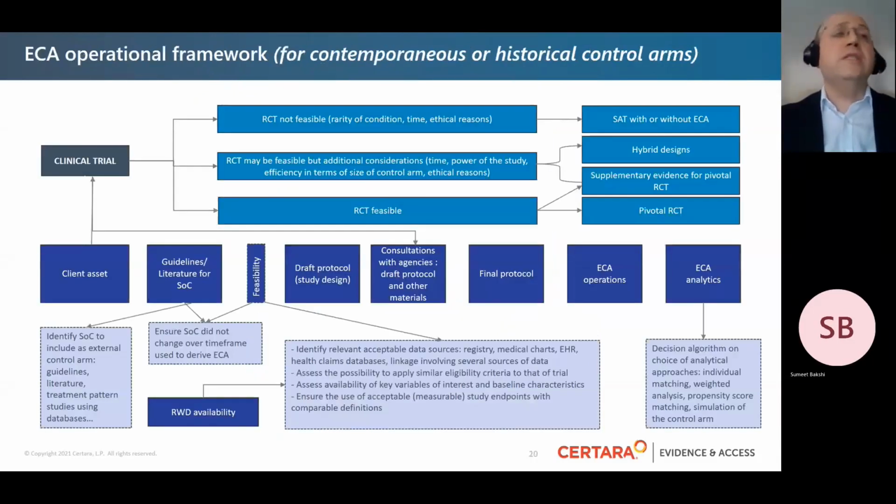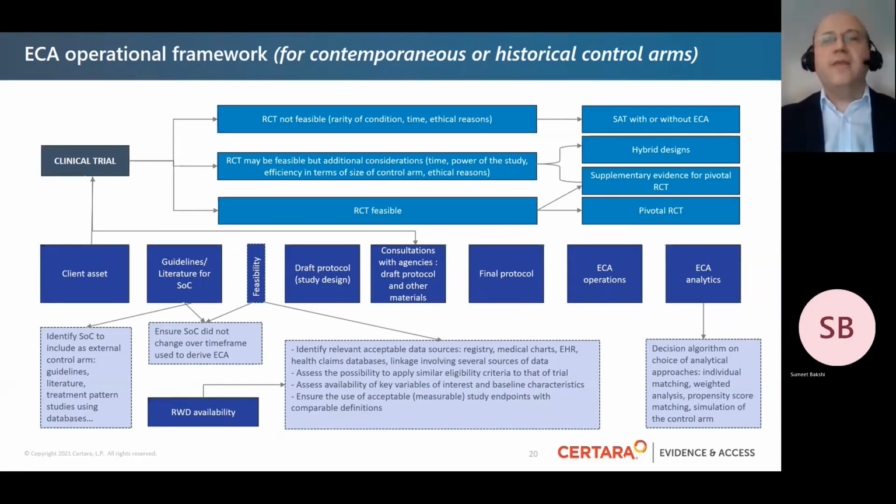And the last toolkit was the operational framework. Key questions need to be considered, and also key operational steps based on our practical experience, which we thought would be useful to share with you too. And we definitely, from the very early stages, strongly advise development teams to consider these concepts and to ask these questions from the very early on.